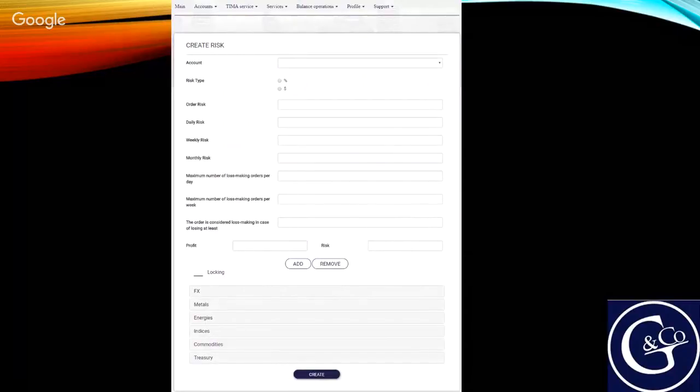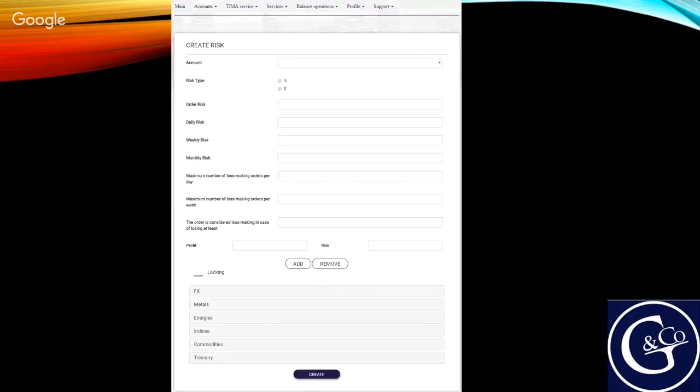In your private cabinet, you'll find risk management conditions. It's a screenshot from your private cabinet. Choose the account where you plan to use the risk management program and fill the columns. And my advice, of course, it's your deal and depends on your comfort zone, but the amount of risk is better counted in percentage than in absolute numbers.